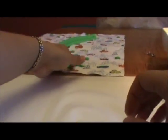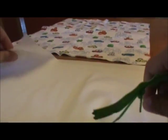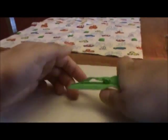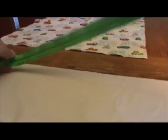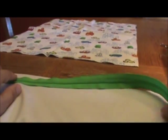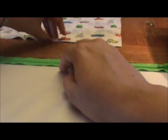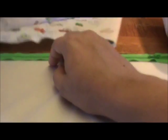Okay, so our first step for assembly is to get just one layer of the pull, and you're going to lay it with the shiny side up. So, yeah, this is the shiny side. And your zipper, it doesn't really matter which way you put the zipper, goes in the middle. And then your outer print, put the other one aside there, is going to go facing